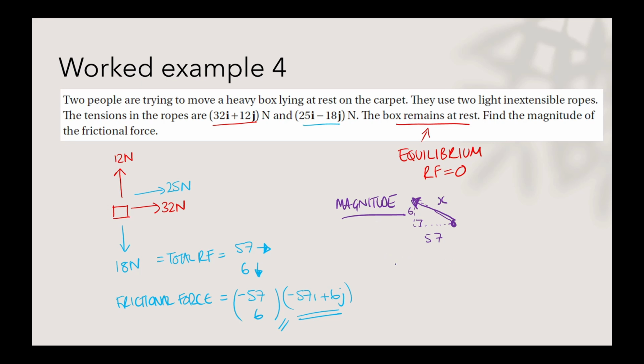So to find the magnitude, I need to use Pythagoras, so it's going to be 6 squared plus 57 squared, all square rooted, and if I type that into my calculator,